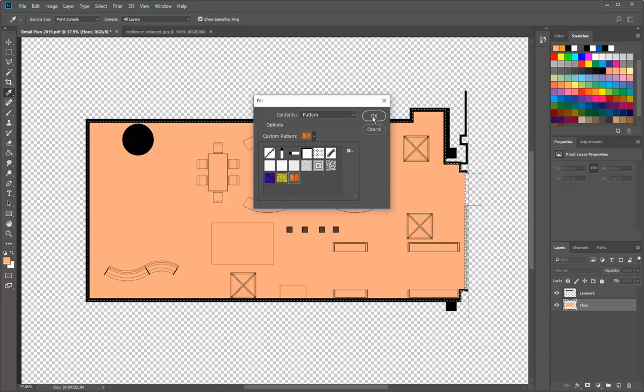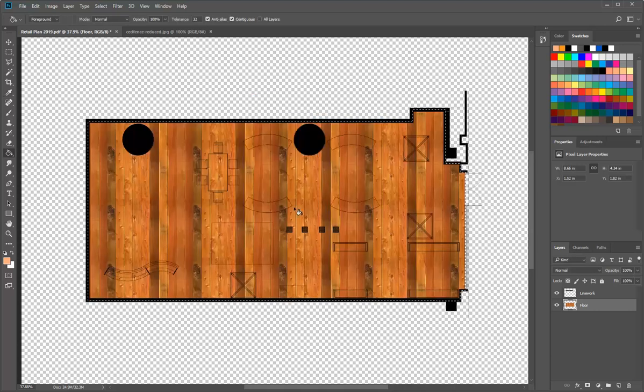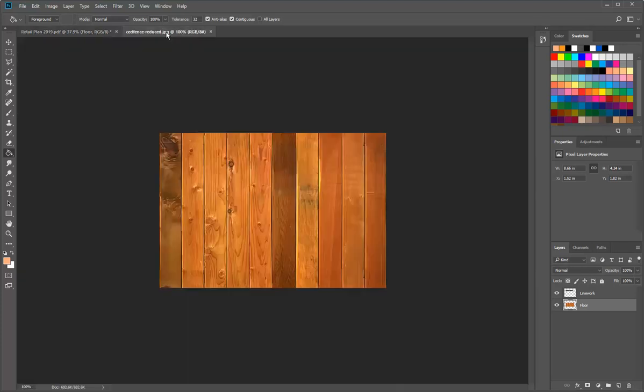It's that easy. And you've got many other options with patterns, but for now I'll just keep it simple, click OK, and there we are. So we've got the floorboards there, they're big, and I don't want to go too much into procedural options for patterns, so maybe to adjust the size, instead of going through all those options, the simpler way, I think anyway, is